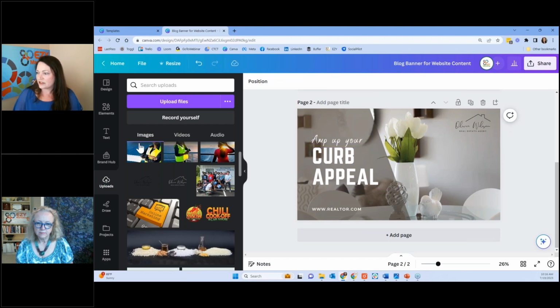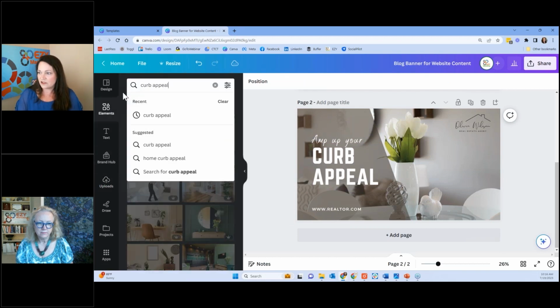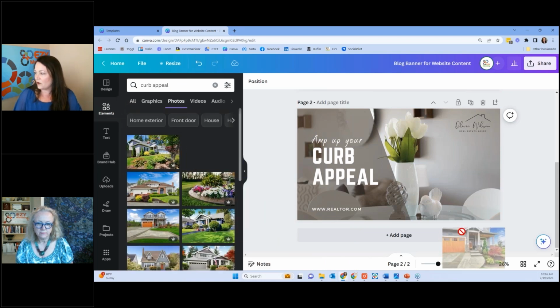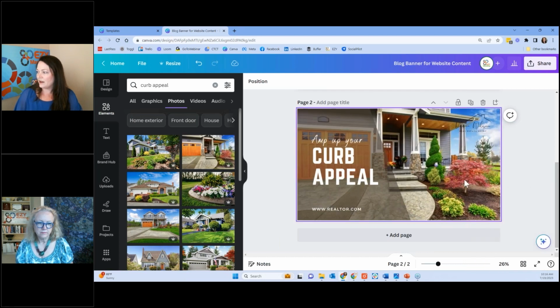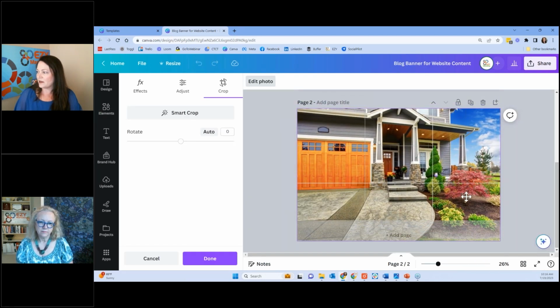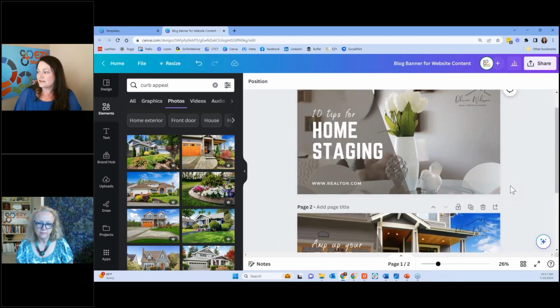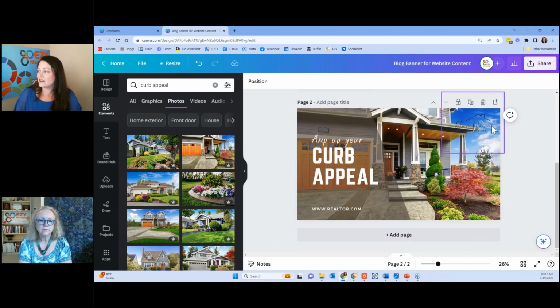All we have to do is change out your text. I'm going to look over here in the elements section for something having to do with curb appeal. Okay, and we could pick any of these that we want and just pop them right in there. And again, I could kind of move this up or down depending if I wanted to see more of the house or more of the grounds. So now we've got 2 beautiful images that have our brand colors, have our brand fonts, have our logo,